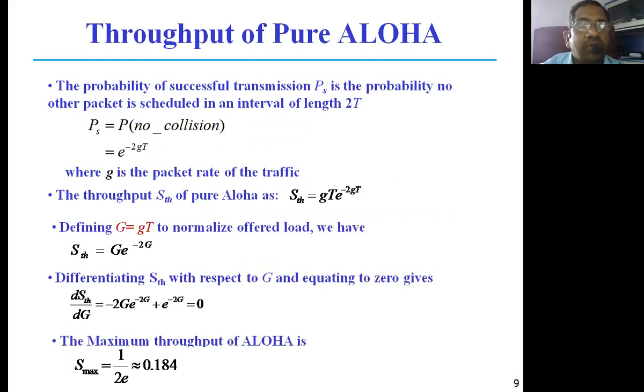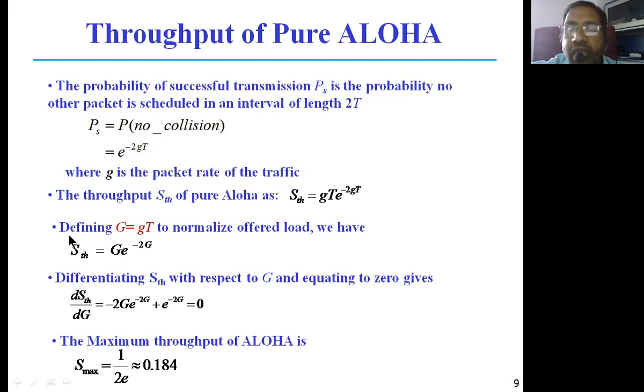Now, we discussed in the last class the probability of the data transmitted. If G is the rate of the traffic, then as the traffic rate increases, e power minus G goes towards e power minus infinity, so this probability comes down. Small g is the rate of the traffic, and this is nothing but the collision occurrence. So as the traffic increases, it goes towards e power minus infinity and comes down. That means what